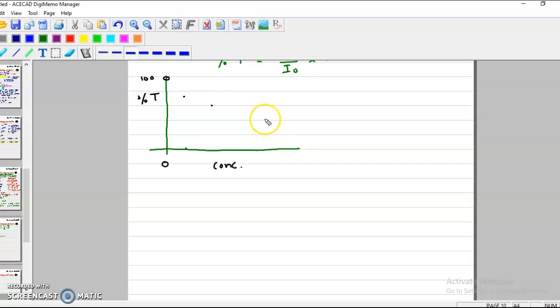As absorption increases, transmittance decreases, and this way we get this type of graph for different concentrations. As you go from left to right on the x-axis, concentration increases, and transmittance decreases. So finally the graph will be like this. It is a non-linear graph,